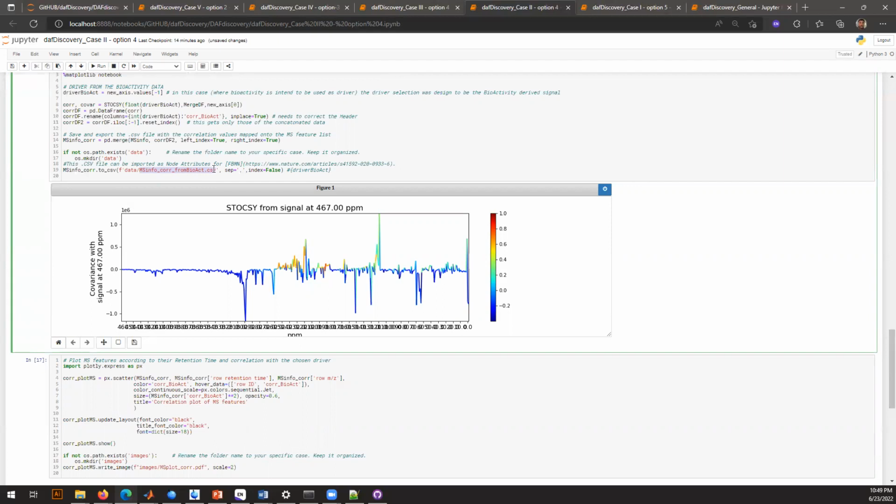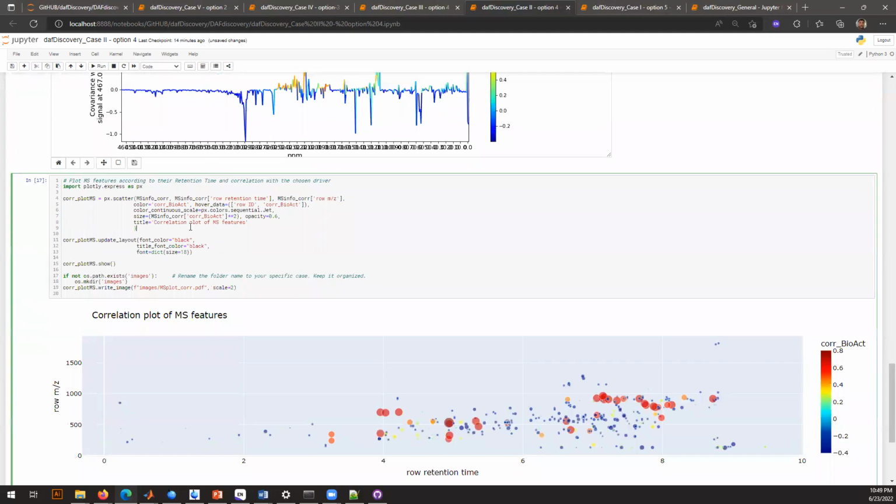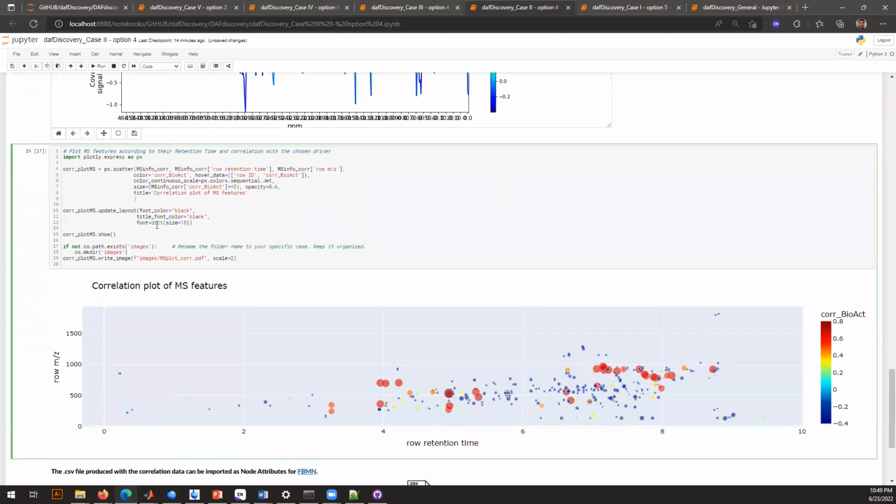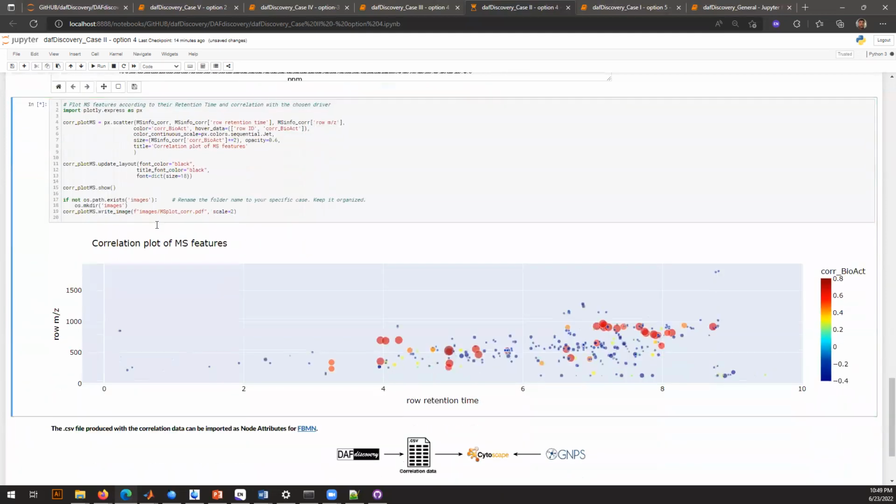This file will have the MS features added to the correlation values calculated in relation to the bioactivity, right? So in this other cell, we can do this kind of plot. This plot is a scatter plot of retention time versus m/z, the mass to charge ratio, and it will show the dispersion of the MS features across the retention time and the m/z range, and it will color code these circular marks according to the correlation value,